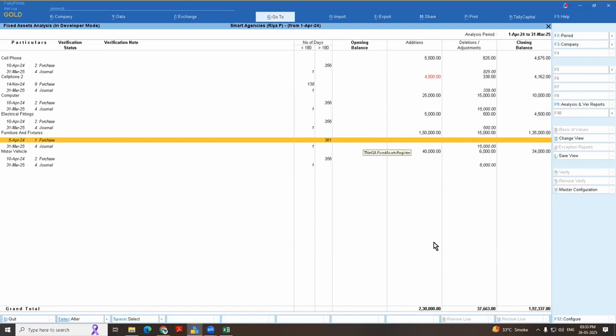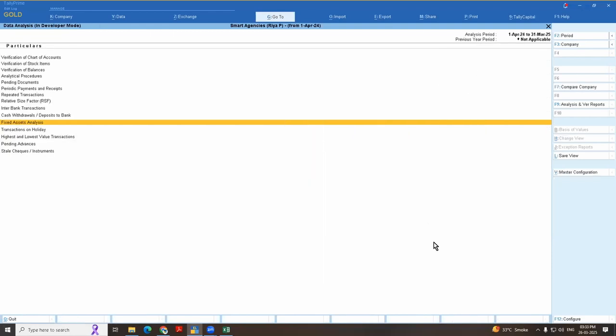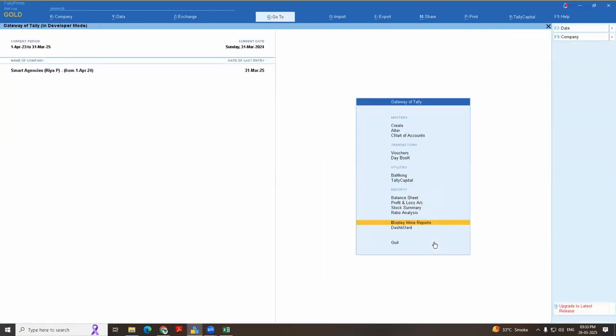Now the asset is with us. But how to post depreciation? In short, how to post interest? So for interest posting, normally what happens, we have many assets, 1, 2, 3, 4, 5, maybe 20, 25. And each time you have to calculate and post one entry, calculate, post one entry. Instead of that, I am asking you to just go to the voucher,